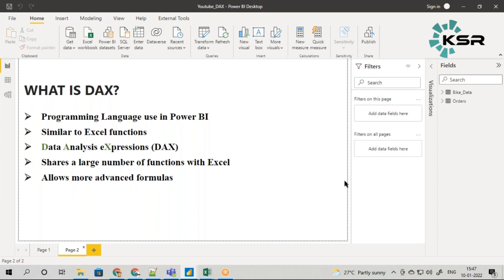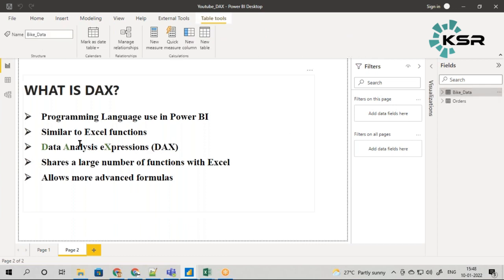So this is all the need of DAX functions. One thing you remember, before learning any concept, try to understand why it is required. Why you need exactly DAX functions is that you cannot always write it somewhere in Excel and try to bring it. So we have to write it in Power BI only. That is how this DAX function is going to be useful.